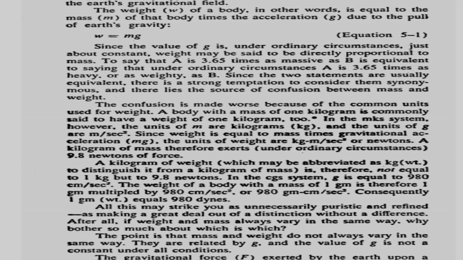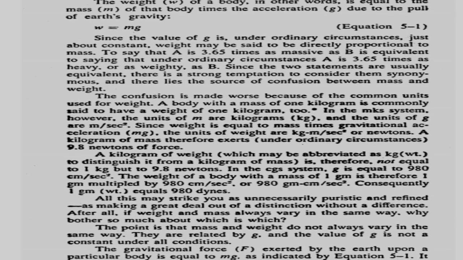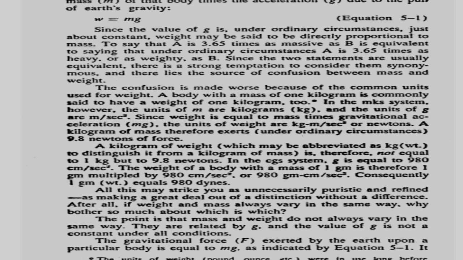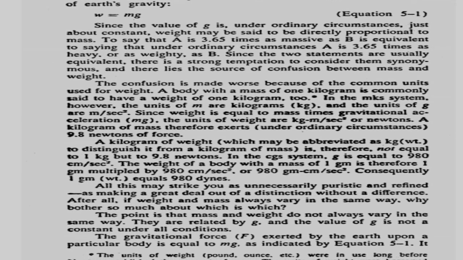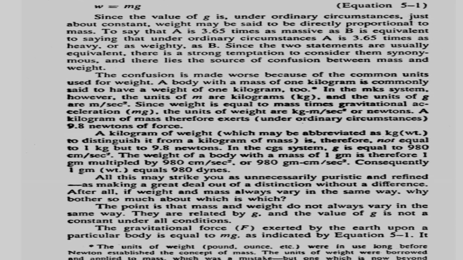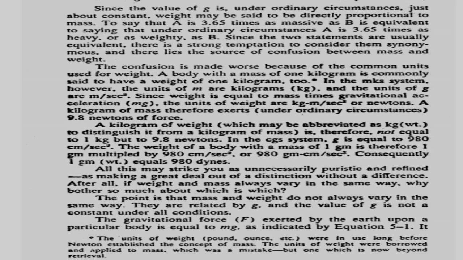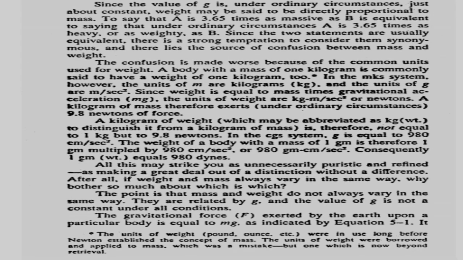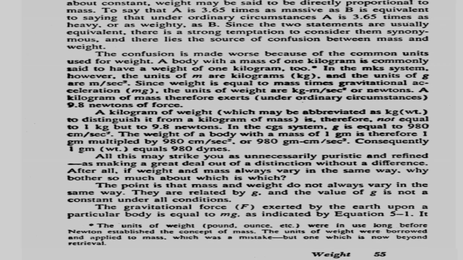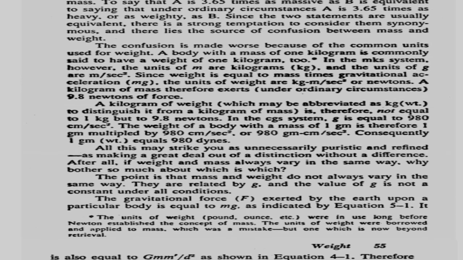The confusion is made worse because of the common units used for weight. A body with a mass of 1 kilogram is commonly said to have a weight of 1 kilogram too. Footnote. The units of weight, pound, ounce, etc., were in use long before Newton established the concept of mass. The units of weight were borrowed and applied to mass, which was a mistake, but one which is now beyond retrieval. In the MKS system, however, the units of m are kilograms, kg, and the units of g are meters